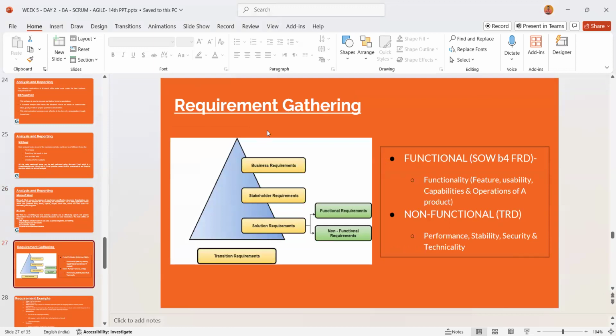Okay. Now, types of requirements. First you need to understand everything is part of business requirement. In fact, everything is part of stakeholder requirement. The stakeholder gives you the requirement. Those requirements could be simple business requirements or solution requirements. Business requirement is quite core, coming up fresh, not much technical. But solution requirement, where multiple things are involved, includes functional requirement and non-functional requirement.